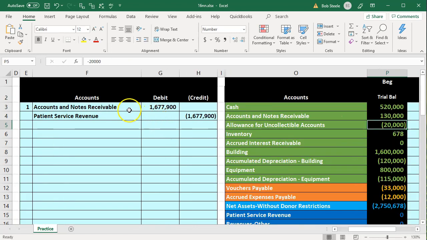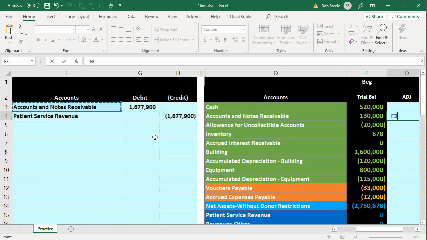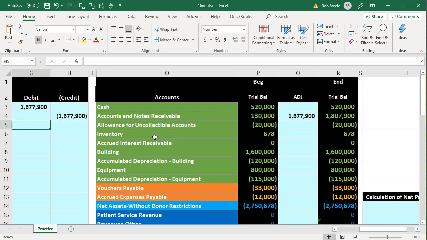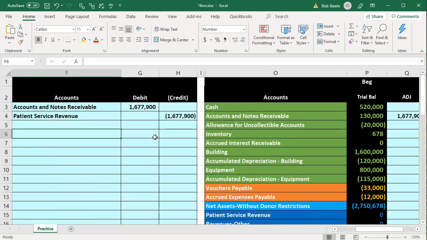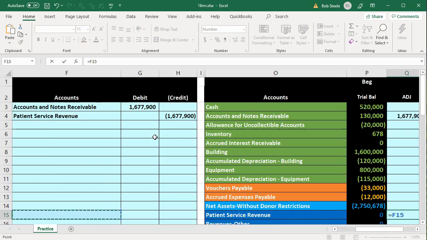So we're going to post this out now to our worksheet. We're going to post the accounts and notes receivable first. We'll be up top in cell Q4. Within Q4, we're going to say equals, scroll over to that $1,677,900 and enter. And then we're going to go to the patient services, down below in cell Q15. Within Q15, we're going to say equals, scroll back over, and pick up that credit side